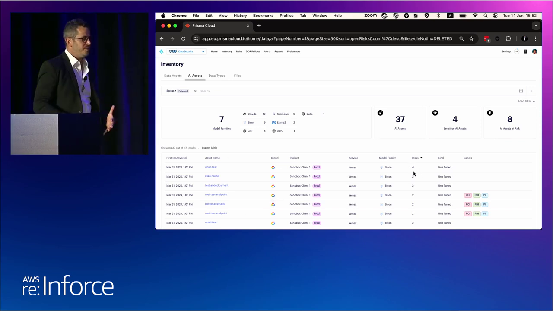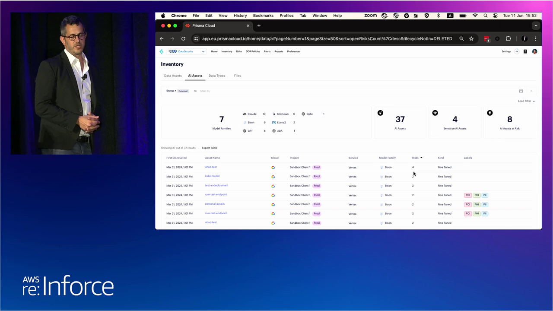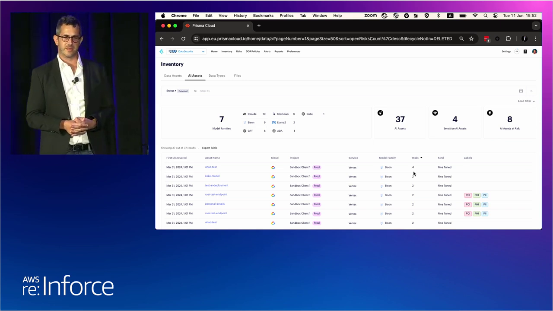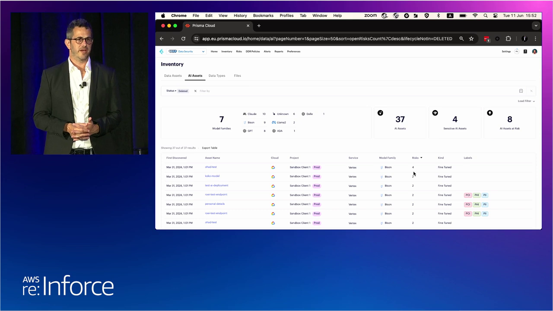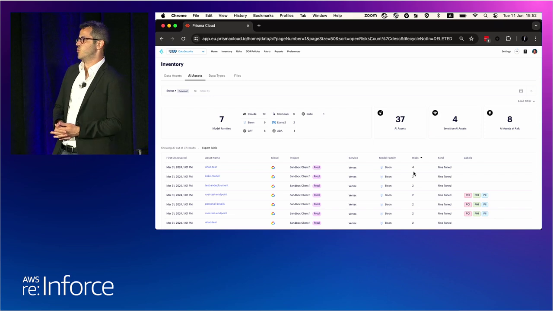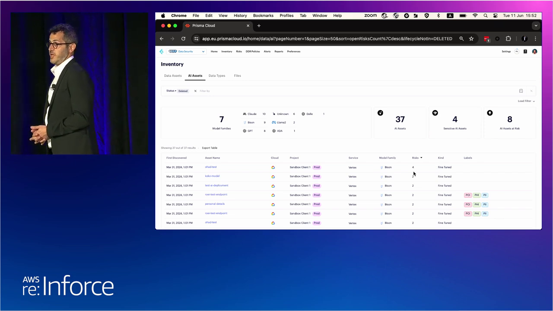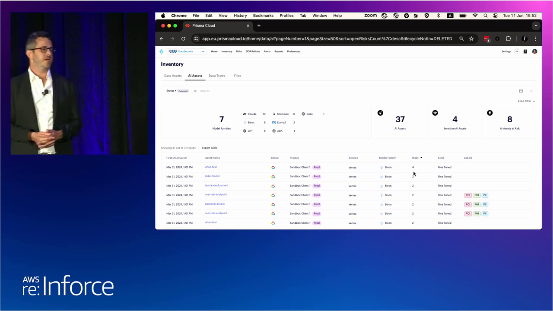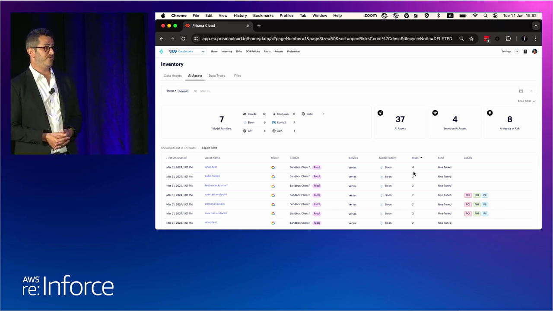So what are the main concerns that most of our customers have? Every time we talk with customers about AI, they essentially say to us, we want to govern AI, like we govern everything else. What does governing AI mean? We want to have an inventory, right? We want to be able to understand which AI models are being fed sensitive data, corporate data. We want to be able to understand which AI models have risks.